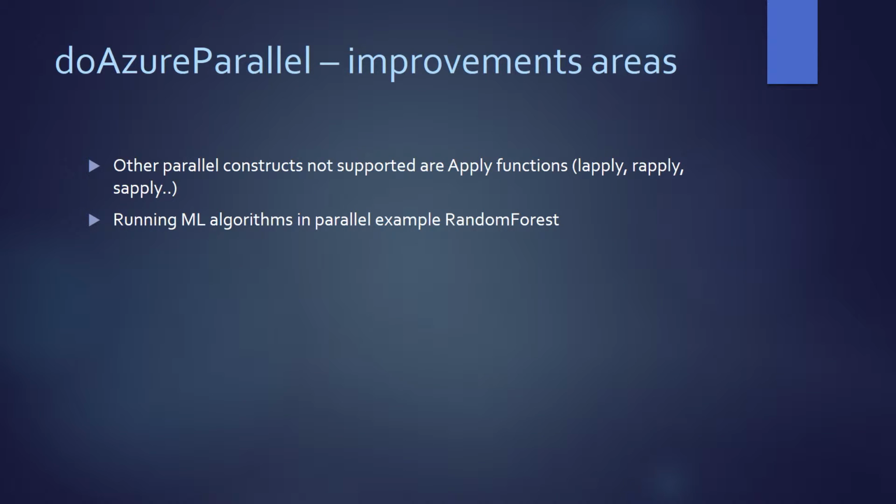So I guess after the demo, which we've kind of seen, we have an idea of how to use the doAzureParallel R package and start spinning our simulation in parallel on Azure instances. Now, I would want to take it to the next level, and as I mentioned earlier, there are certain areas of improvement for doAzureParallel. I'm hoping that since this is open source, people can start contributing in terms of how to support other parallel constructs like